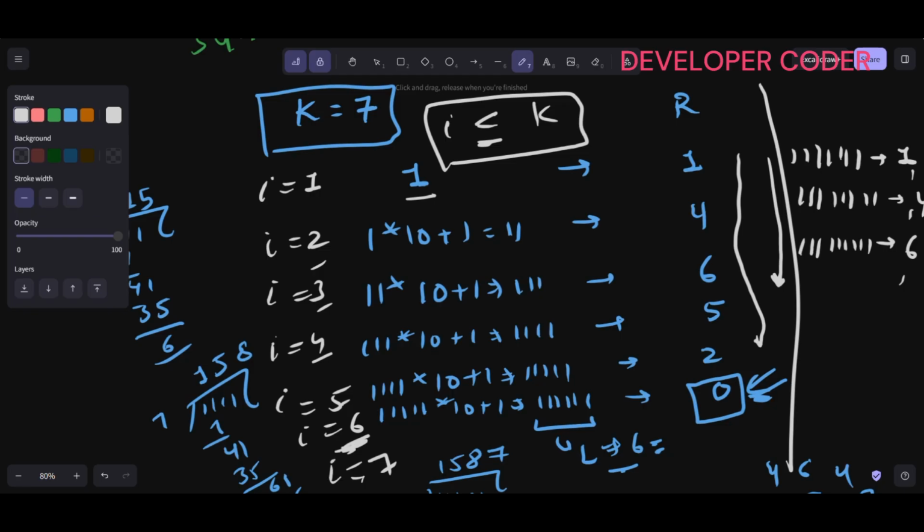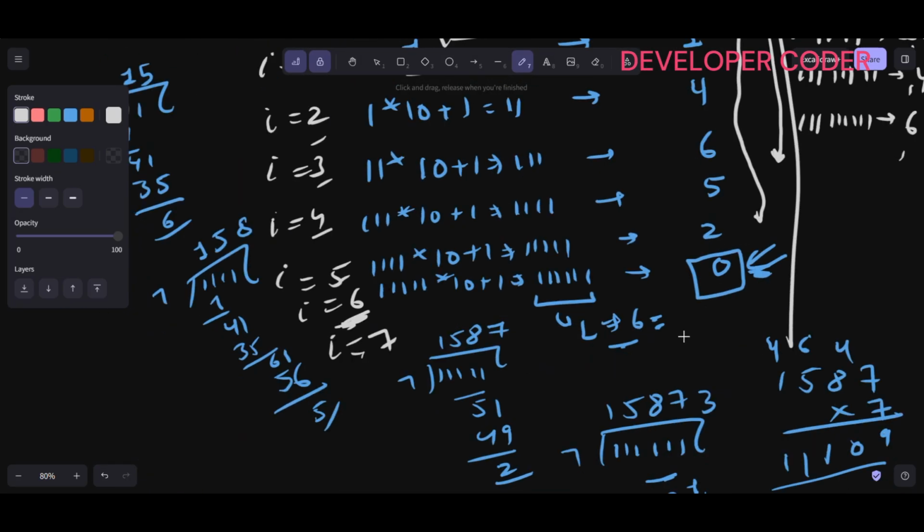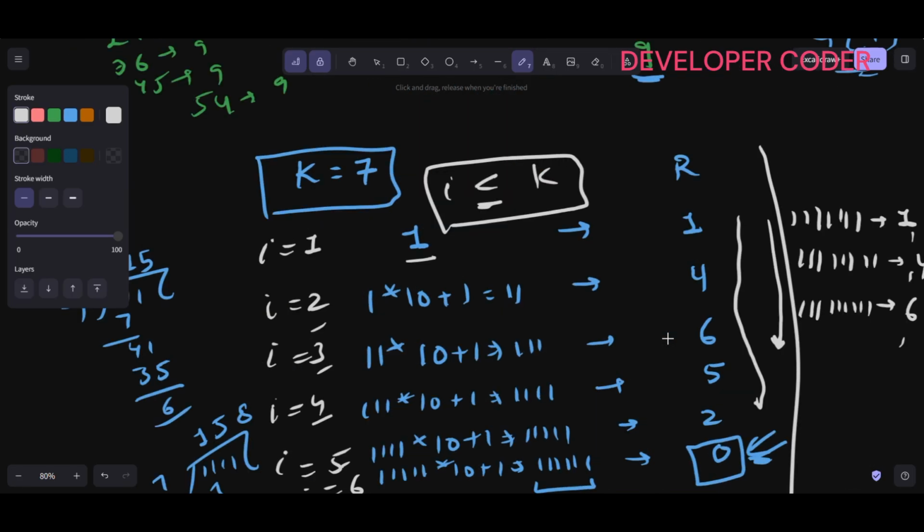So this is the plan actually. If you are writing this base condition, then that is enough. Then I don't think we will ever reach the point where we have to return -1, because we are only running our loop for i less than or equal to k, and if my remainder becomes 0 at any time, then I can simply return. And here, if you notice one more thing,